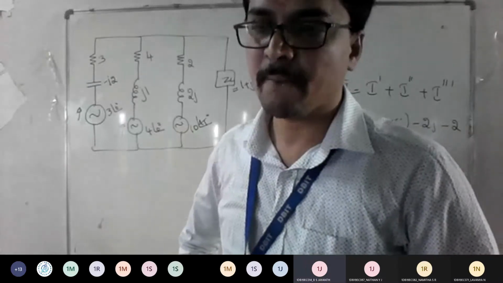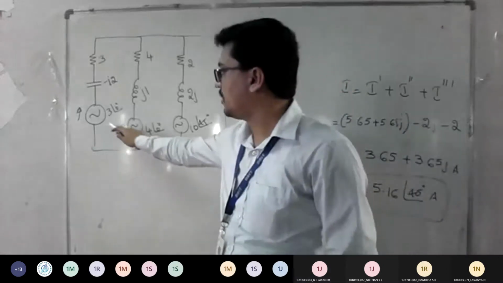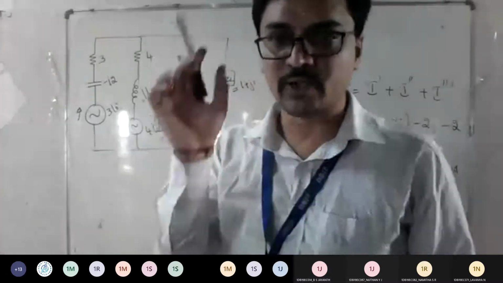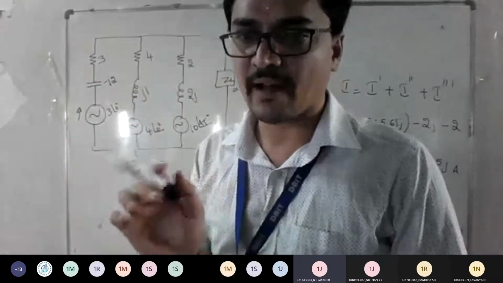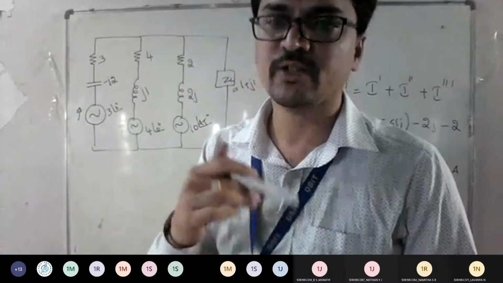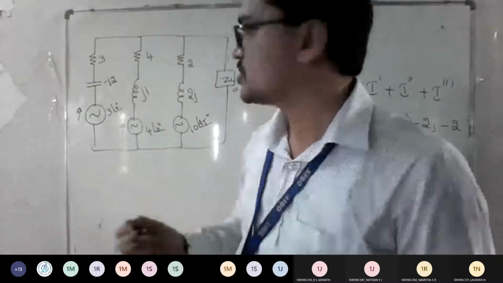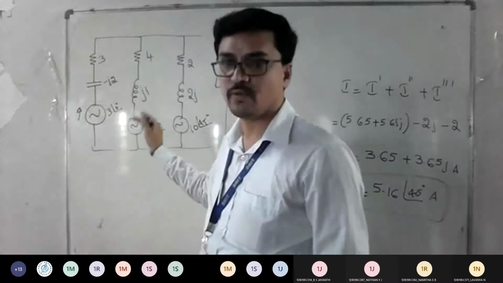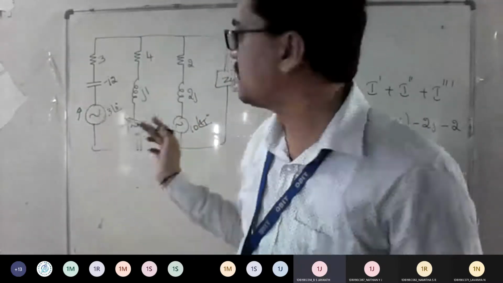All are voltages only? Yes, sir. You can look at here, all are voltages with respect to AC, correct? So we know that voltages in parallel can't be added. So what we used to do, we used to convert that to current, because current in parallel we can add, right? So we need to convert all this to practical what? Practical current source.